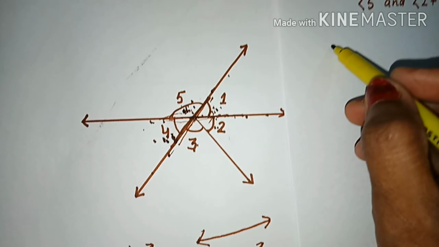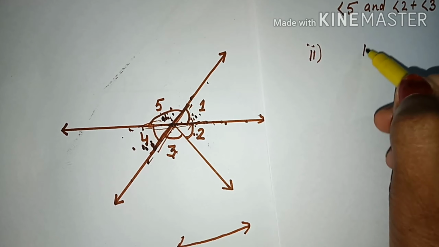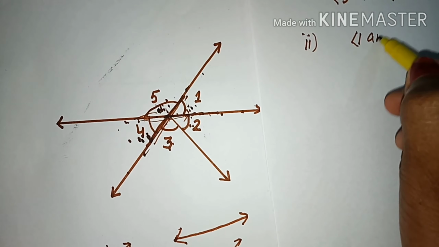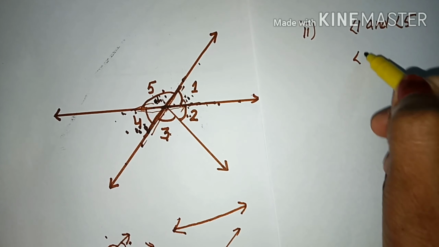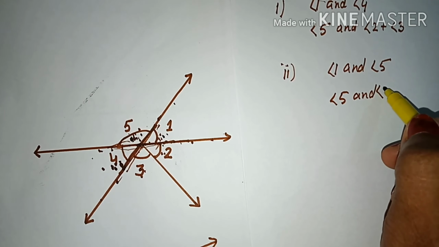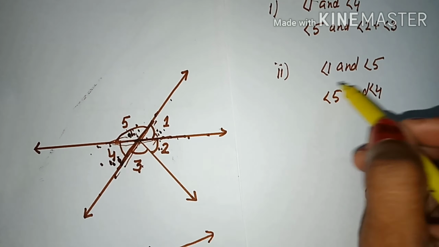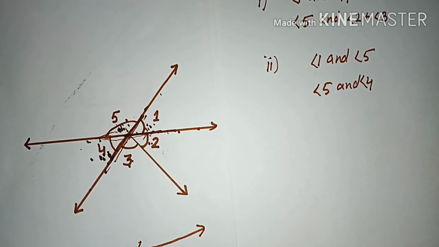So what is the answer of the second part? Angle 1 and angle 5, and another answer is angle 5 and angle 4. So these are the solutions of question number 10. Second part of question number